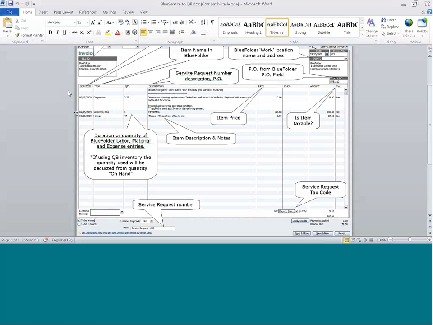In the first line of our invoice, we make reference to the request that started this, that created this invoice, as well as a number. We put in the short description, and again, the PO if applicable. Next, we'll put in the items, the labor, material, and expense items. In this case, our first one is a labor item. We put in the date that it was added to PacketTrap. We put in the item name. That's our match within the accounting system. We put in our quantity. We then put in the description